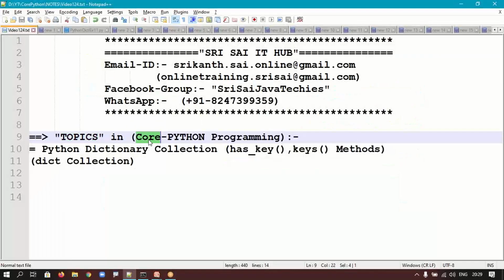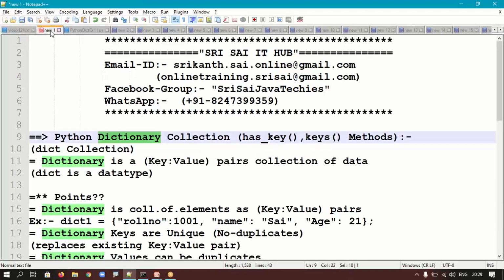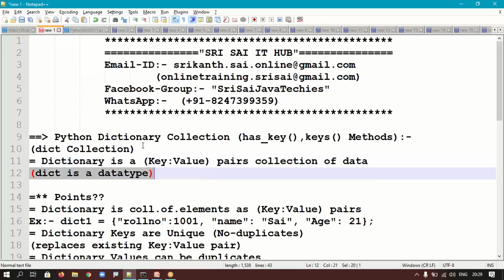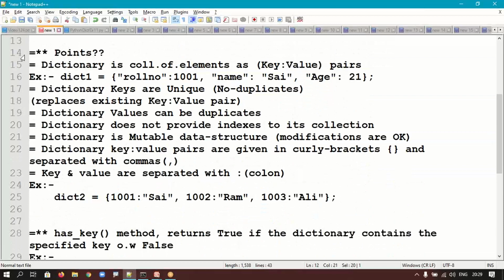In this video of Core Python Programming, we are going to discuss the following topic: Python dictionary collection with has_key method and keys method. So first of all, what is this dictionary collection in Python programming? In Python, dict is a data type. Coming to some technical points, a dictionary is a collection of elements which are represented as key value pairs in curly braces. For example,